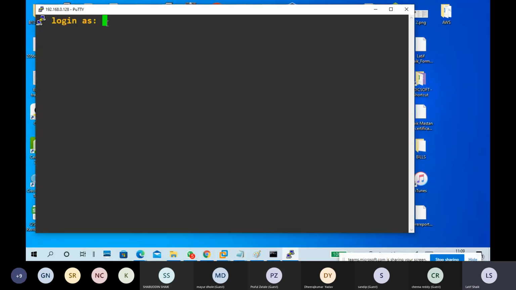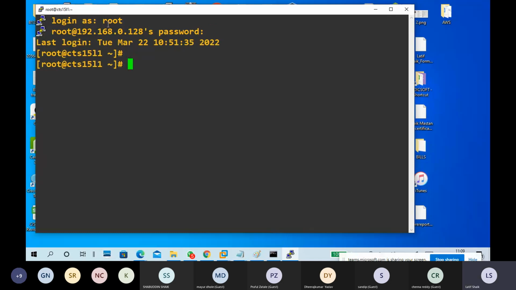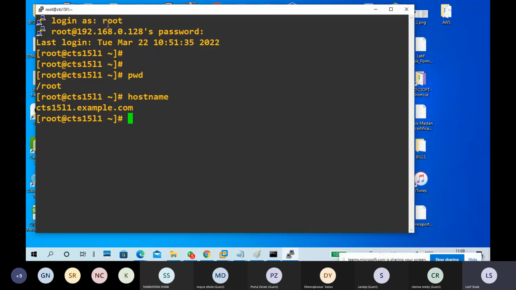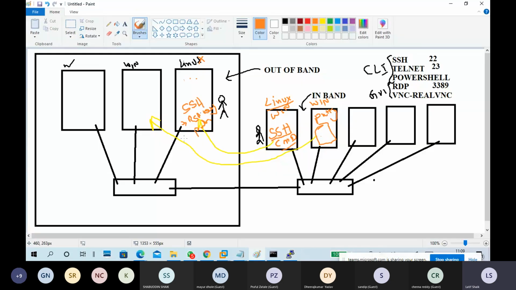Okay. Now I'm logging in as root and password. So directly I logged into my PC. Just look at the pwd and look at the hostname. I logged into my PC only. Okay. So this is called remote. So what is the meaning? In my server room or somewhere, my Linux PC is there. I am accessing it from my